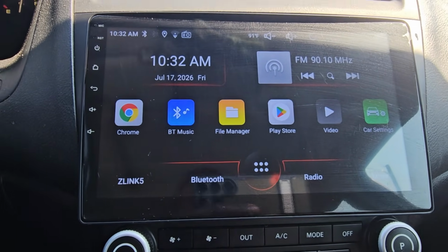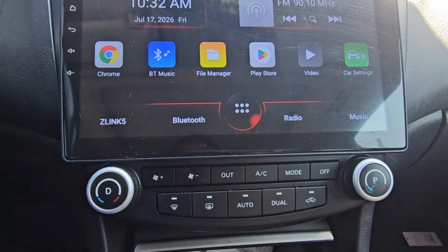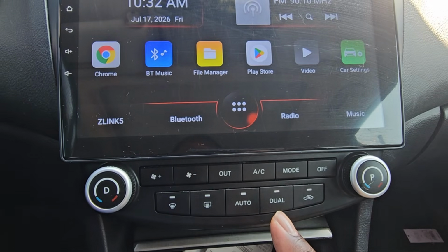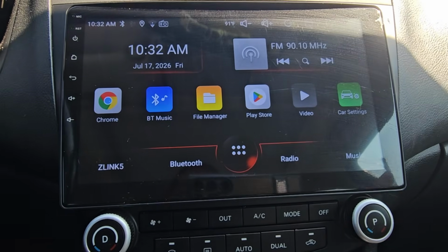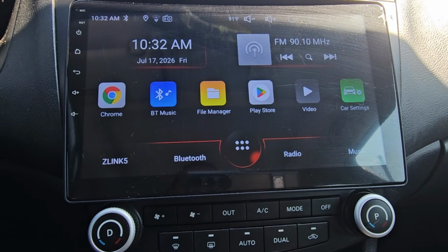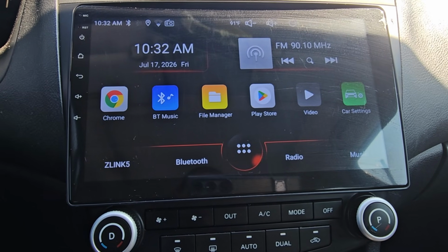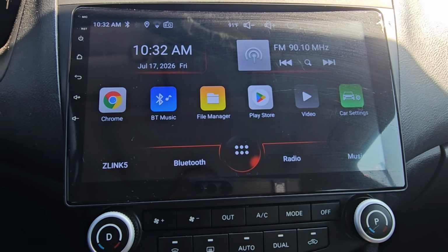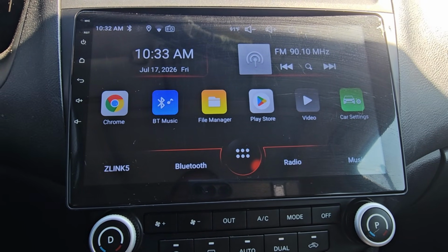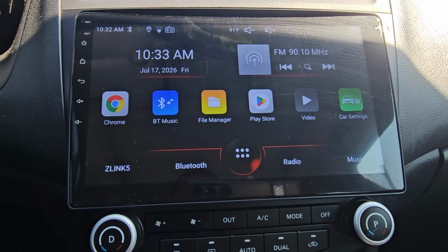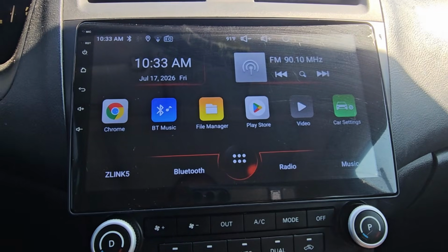Now, how do you know if you have a single or a dual? At the bottom, it's going to say dual. If it does not say that, you have a single, because the OEM radios look exactly the same. I have a video on that, and up at the top right hand corner, I'll put a link for it. Once you've done that, if it's still not working, what you're going to do is